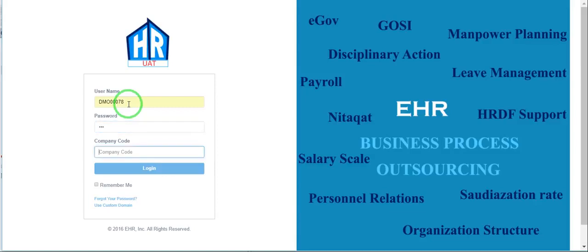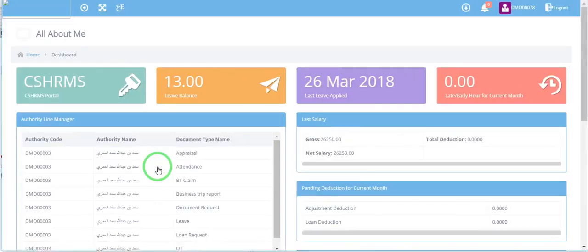A password will be there. Company code is normally a three-digit code that is part of the employee number. The first three letters of the employee number is normally the company code. So I will enter DMO as the company code. When I log in, it will drop me to a personal dashboard, which is my personal details, where I